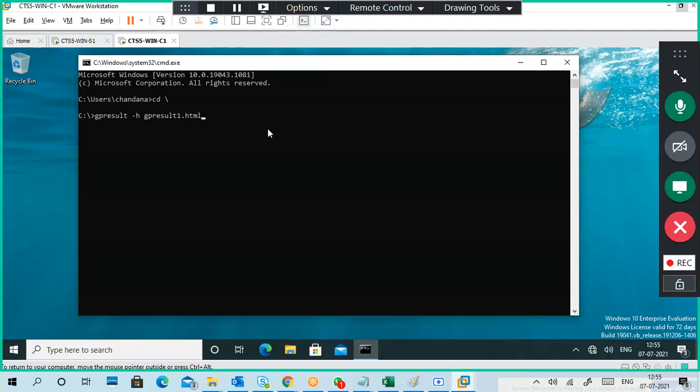I will store it in the C drive, so the file will be stored on this particular computer for this particular user. So we can check what policies are applied. It's generating the report. gpresult means what are the policies applied on this particular computer and the current user.